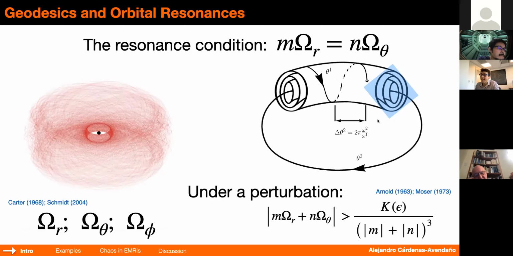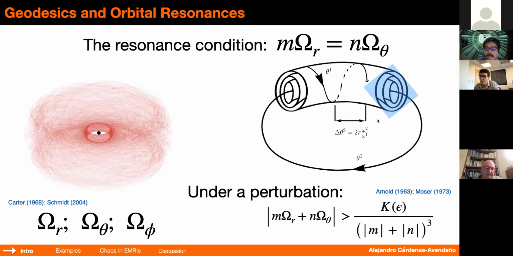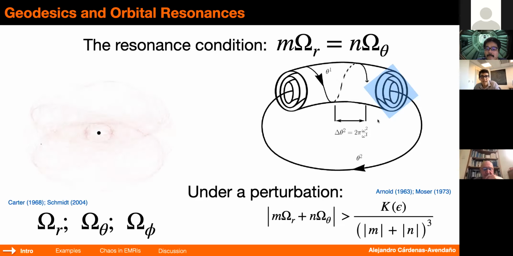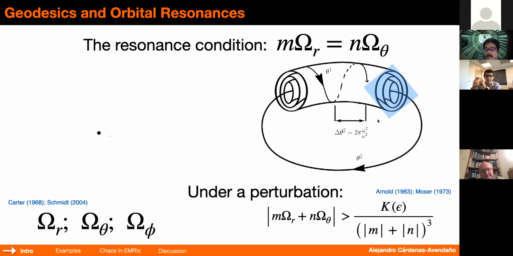So what happens is that KAM theorem tells us that when we arrive at these resonant conditions, some of those tori will break. And that's because of the presence of a perturbation. And in fact, seeing it another way, what KAM is saying is that for 2 degrees of freedom systems, the condition to preserve a torus, and again, remember that this nice set of nested tori structure happens in integrable systems, if there's a perturbation, they will break.